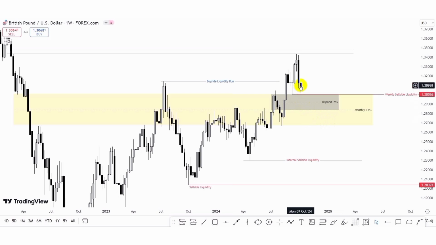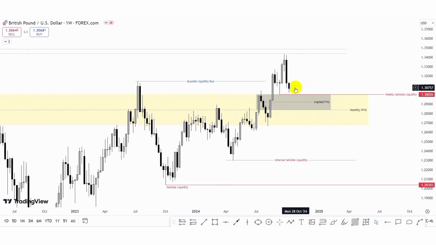We expected to see that price would dip lower to take out the sell side liquidity, mitigate the zone before we begin to frame the bullish move, because we're expecting to see price will fill up this fair value gap above this buy side liquidity. So now what we can see is that GBPUSD was a little bit messy. Should I even say a little bit? GBPUSD was messy last week.